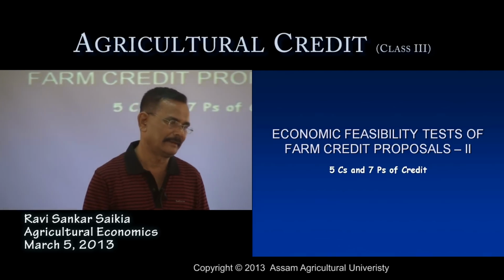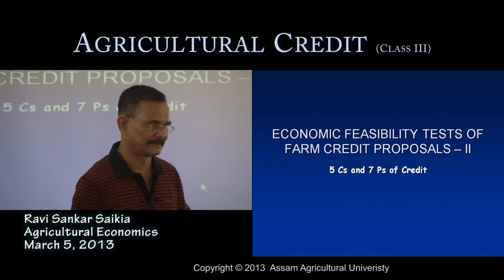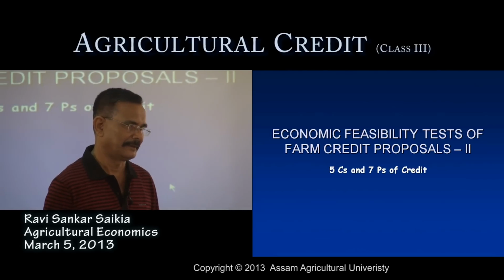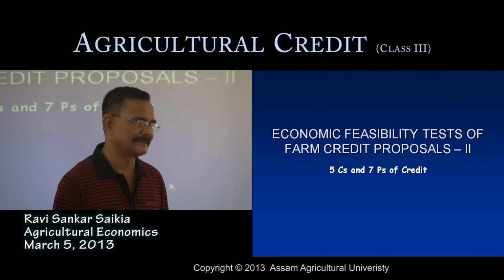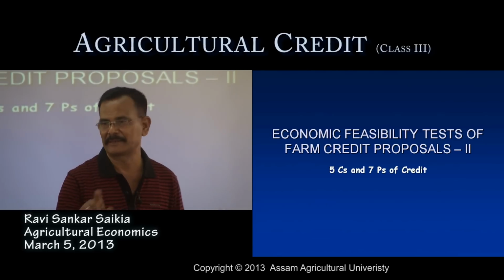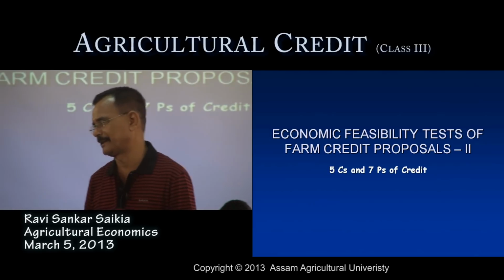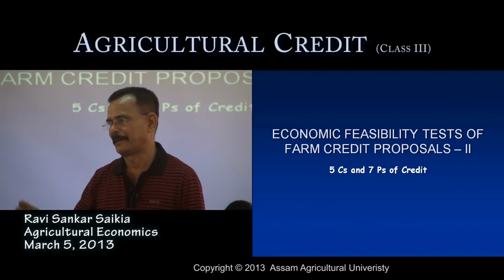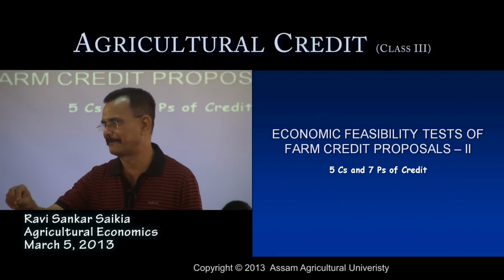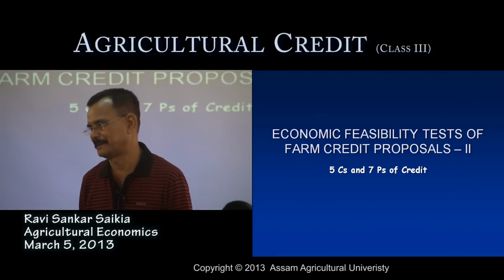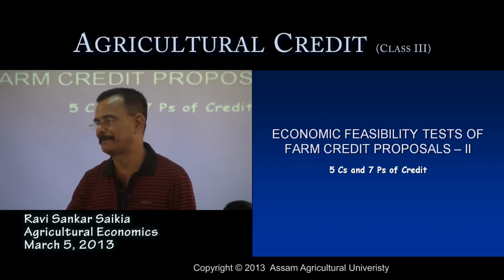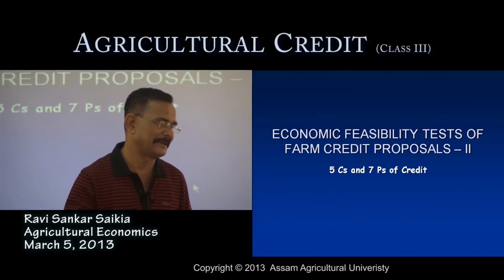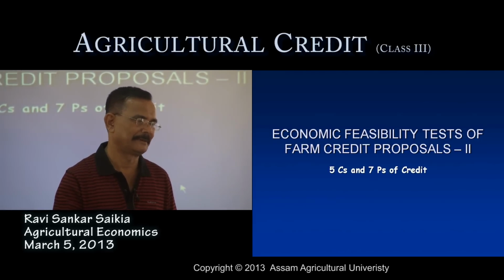Then the third one is the risks, that we have to estimate the risks, okay. Then there is one way for estimation of the risks. Generally we have to consider the risk coefficient there, that is the difference between the potential yield and the actual yield received by the farmer in that particular situation. The gap we consider in the form of a percentage, and that percentage simply may be called a risk coefficient, and that risk coefficient simply may be deflated along with the repayment capacity of the borrower, and that deflated repayment capacity simply may be equated to the risk bearing ability of the farmer.